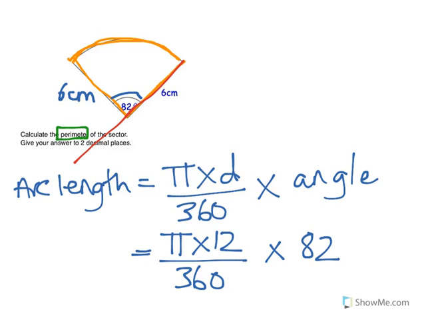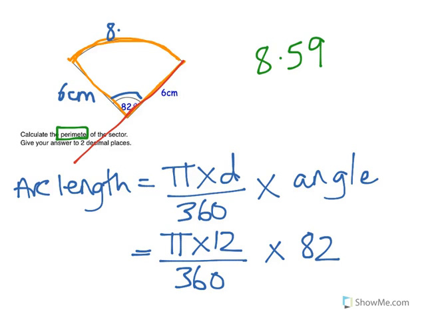So when I type that into my calculator, that gives me, now it says 2 decimal places, so I'm going to round to 2 decimal places here, 8.59. Now, I wasn't just after the arc length in this particular question, I wanted the perimeter, so I now know that this is